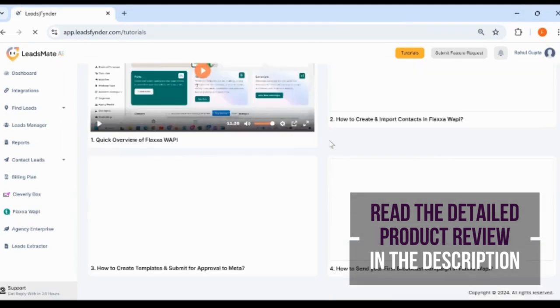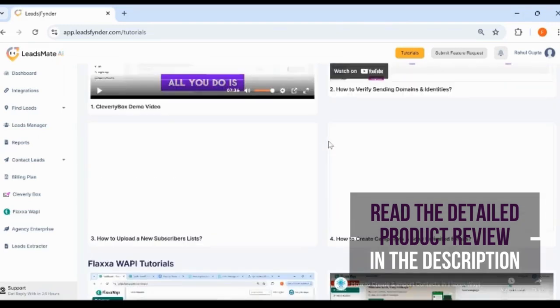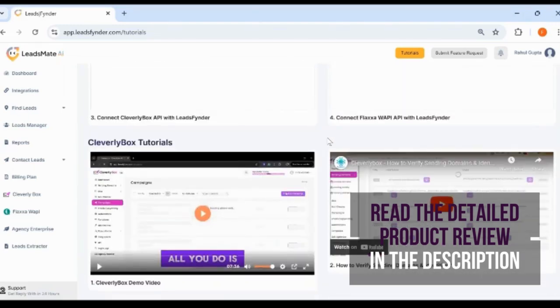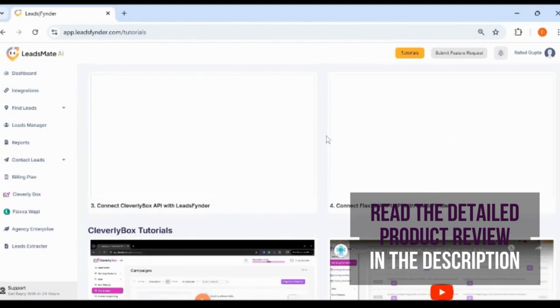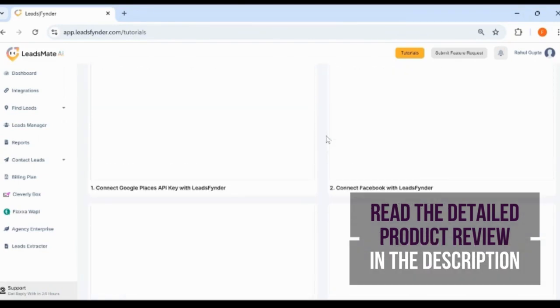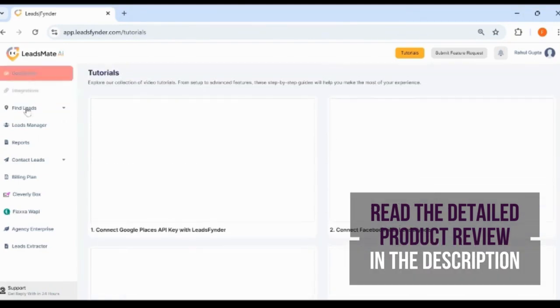As you can see, it explains every single bit of the software, including all the upsell OTO integrations if you've purchased them. Now, here is how you start